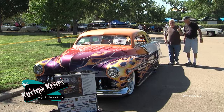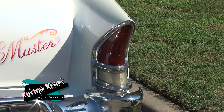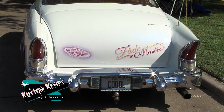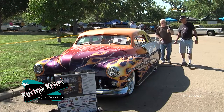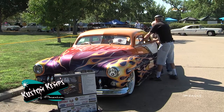Okay, let's go back a little farther. Now we're getting to the good stuff. The taillights are out of a 56 Packard. The rear bumper crossover is out of a 53 Kaiser. You're kidding. Nope. Oh my God, and it fits absolutely perfect. And then we're going to go back up to the front of the car here. If you see in the interior of the car,